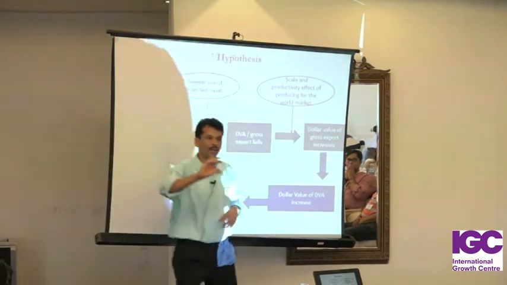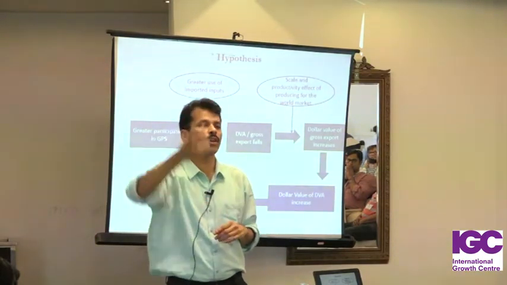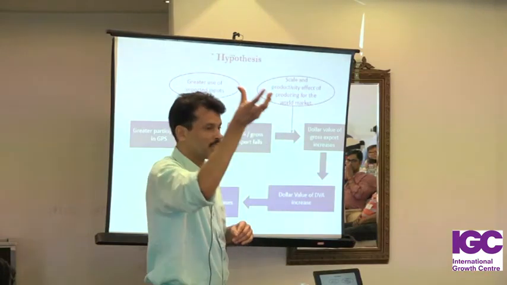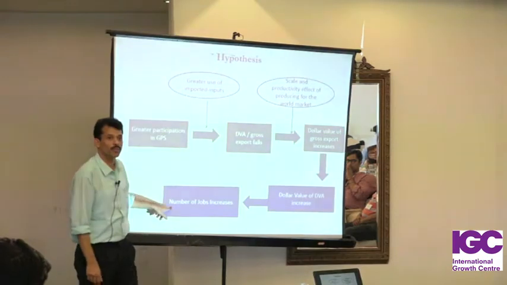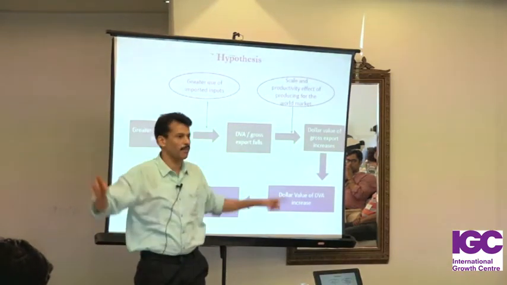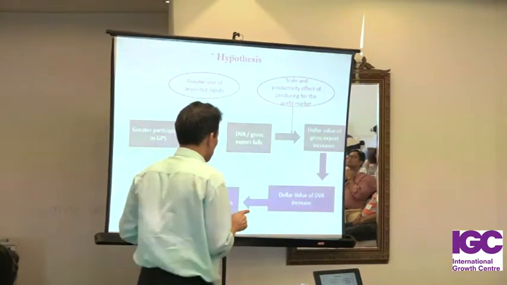When the dollar value of gross export goes up, the absolute value of DVA also goes up. Domestic value addition goes up. When the absolute value of DVA goes up, the number of jobs created increases. So this is the chain mechanism, right? This is the entire mechanism that we are talking about, which we wanted to test